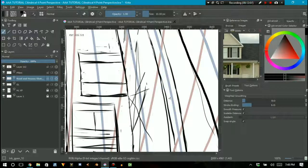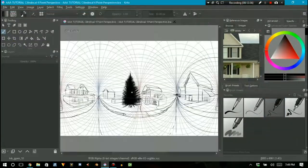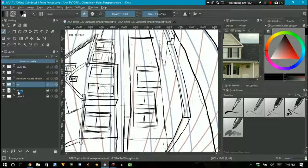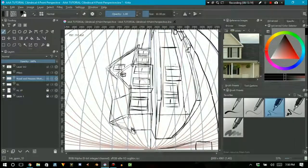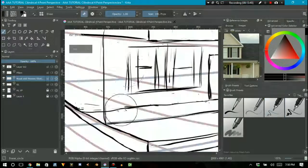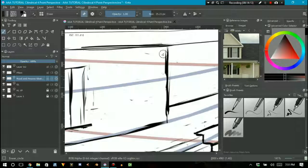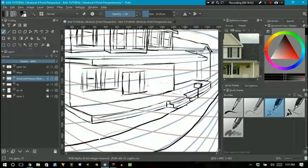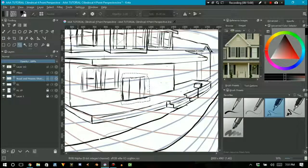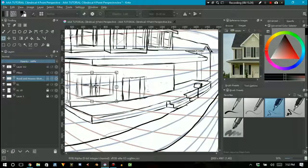And at the very beginning of the video, you saw me draw this little staircase leading up towards the porch. And I really like the porch. At the very beginning of the video, I got all my perspective lines going off, following the perspective grid really well. And I was really hesitant at this point. I didn't really want to even move that little staircase, but if the door has to be adjusted,